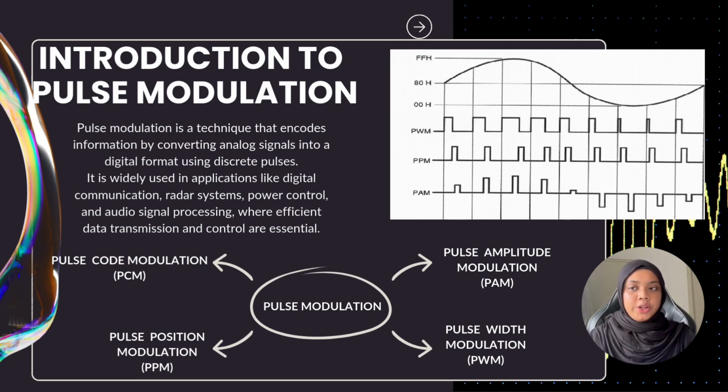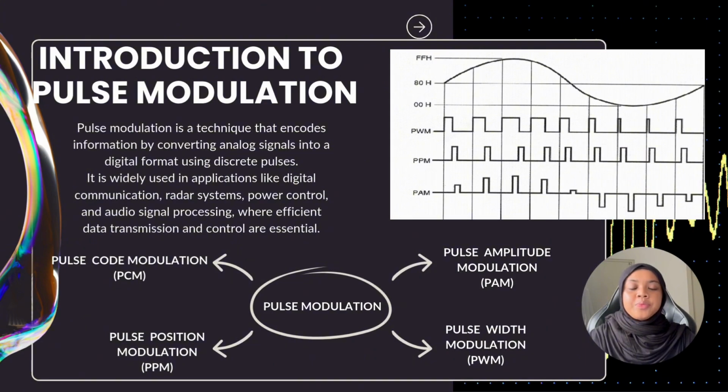So let's get right to it. What is pulse modulation? Pulse modulation is a technique that encodes information by converting analog signals into a digital format using a discrete process. It is essential for data transmission and control and widely used in digital communication, radar systems, power control, and audio